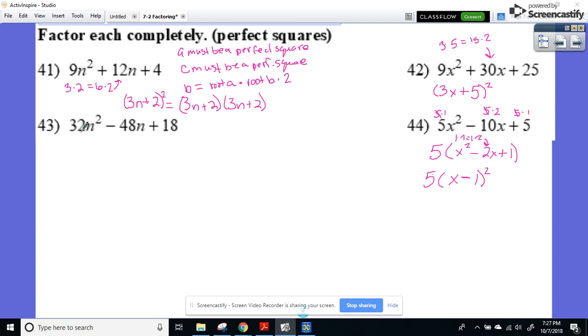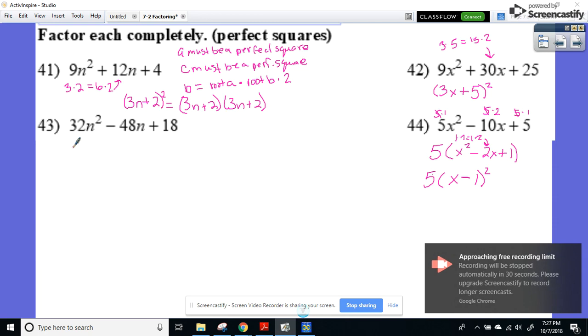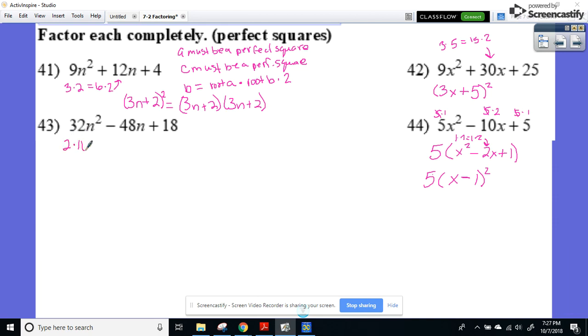Okay, last example, and then the rest of this is yours. 32 is, I'm going to try, oh shoot, I'm running out of time. 32 is 2 times 16. This is 6, what is it? 6 times 8 is 48. And that's 6 times 3. So those have a common factor. Let me try this one again. What about